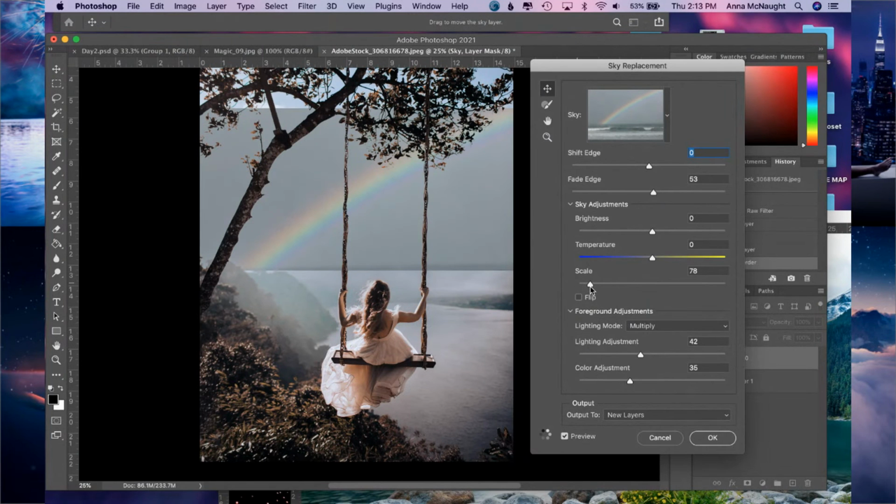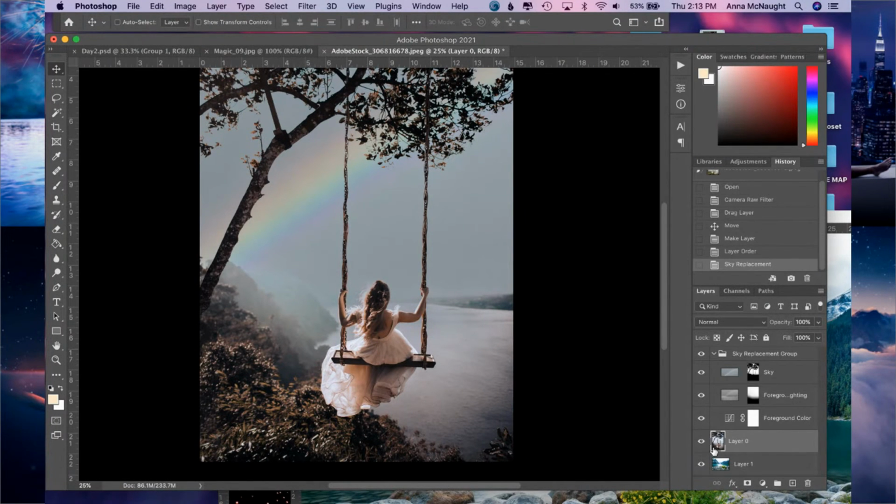Super, super cool. So we may not even need our Canada Lake. We can just do everything right here. It looks great.